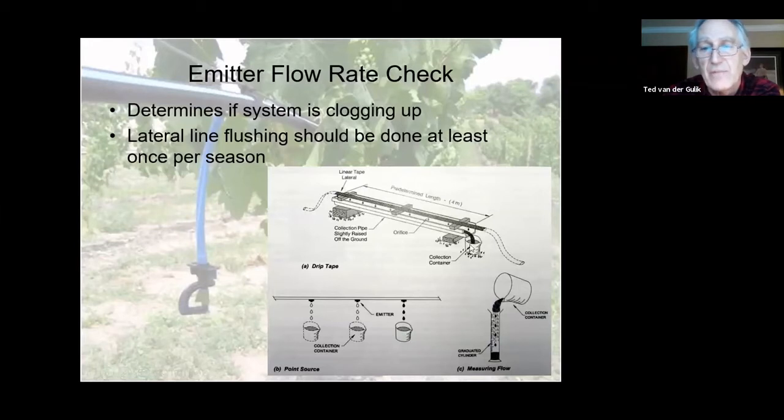If it's gone down, you might think, oh, I've got to give it a bit of a treatment with chlorine or something to clean the lines. And then you can test it again to see if it's come up or not. You should also line flush. Precipitates and algaes and all that will always collect near the end of the line. So line flushing at least once a season is a good idea at the end of the year. If you have individual emitters, you can collect them just in a bucket like this and see if they're going down. So you can determine if your flow rate is staying the same,